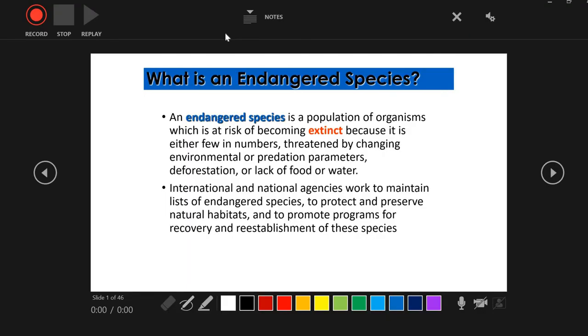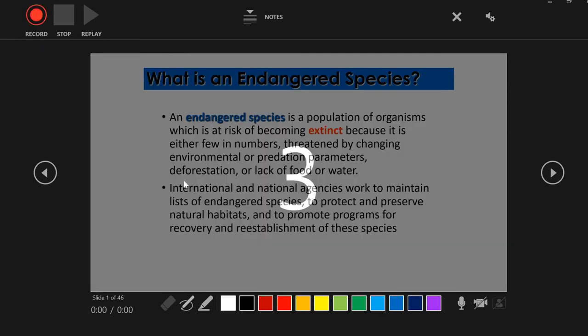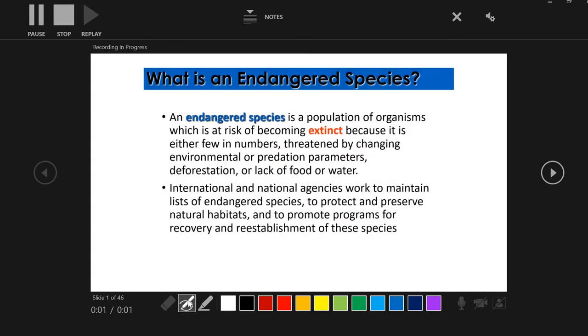Once you click on this record slideshow button, you will find that there are different buttons and options. On the left hand side at the top there is a record button. Once you click on this record button, the recording will get started, and here you can see there is an option showing recording started, and there are different buttons and options where you can use